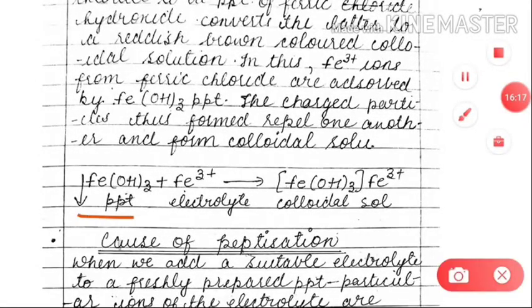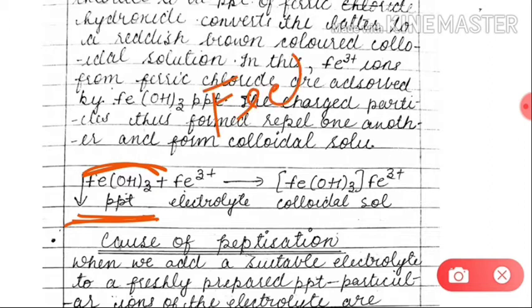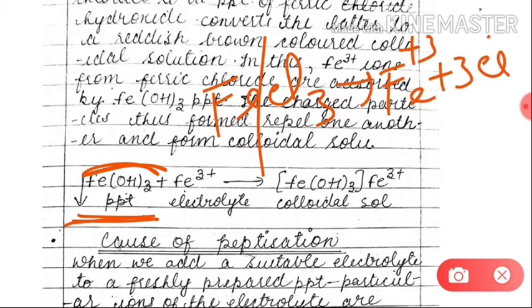See, there are so many types of reactions in which the iron hydroxide precipitate is formed, and when this iron hydroxide precipitate is formed, then from this we can form colloid also. How? By adding another compound, and that is ferric chloride, FeCl3. When it breaks, it forms Fe plus 3 and 3Cl minus. So this iron hydroxide precipitate which is formed, when we add ferric chloride to it, adsorbs Fe plus 3 ions on its surface.